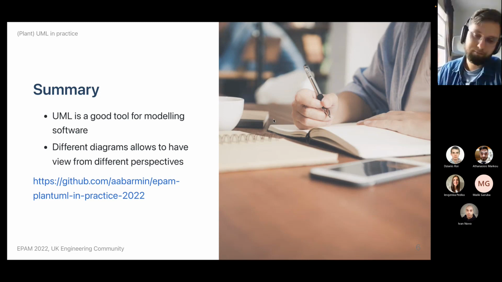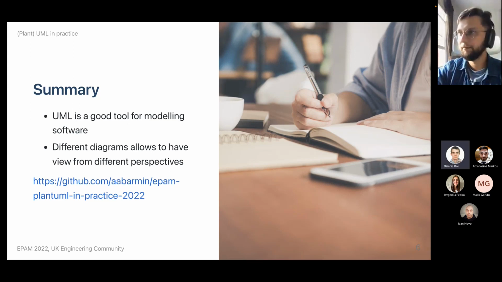By the way, from your perspective, what are the most useful diagrams? Or what notations do you ordinarily use? Well, for me, UML